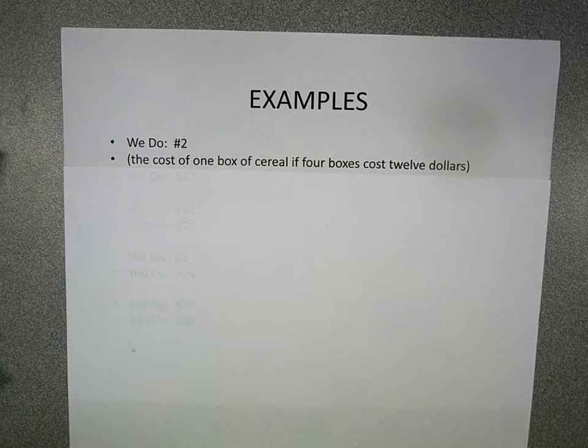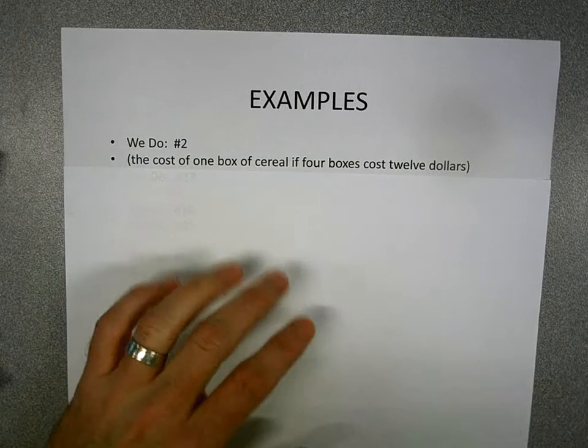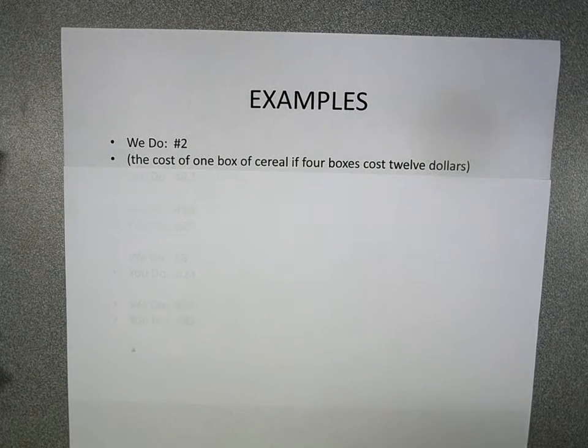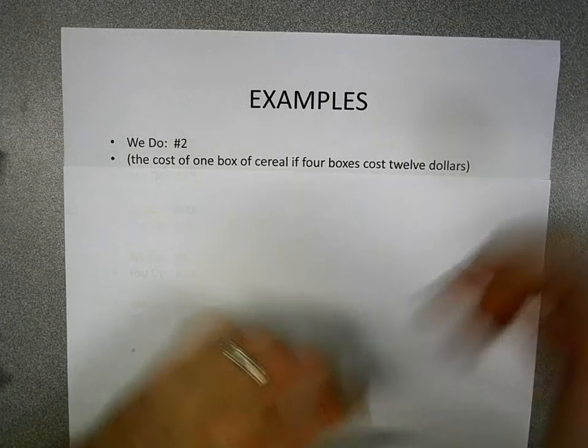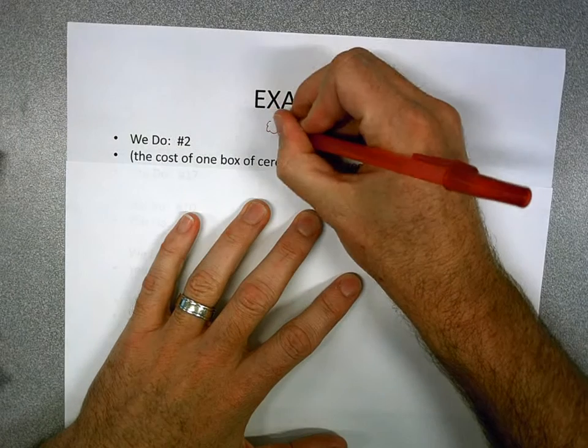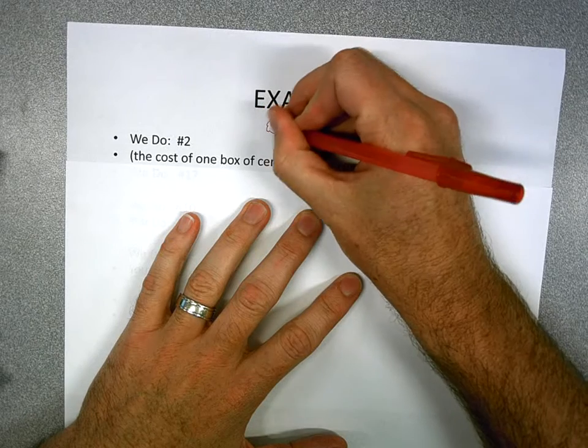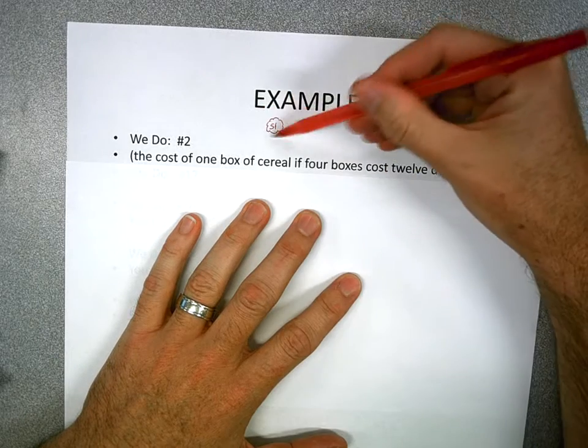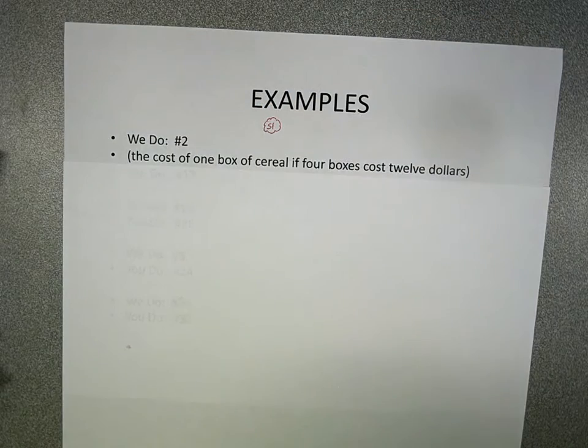The directions: write a numerical expression for each verbal phrase. So here's what I would say would be steps. There's no really clear-cut steps here, but I would say the easiest way to think about this is to have a step 1, and I put a little cloud, but I'd like you to think of it as a brain almost,